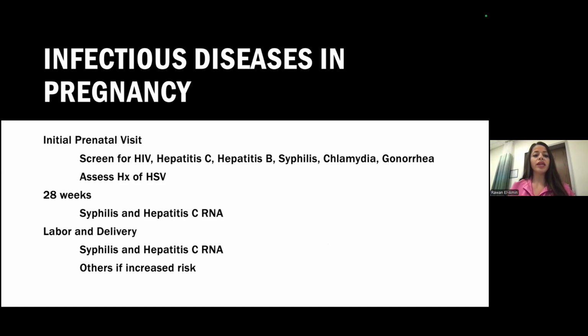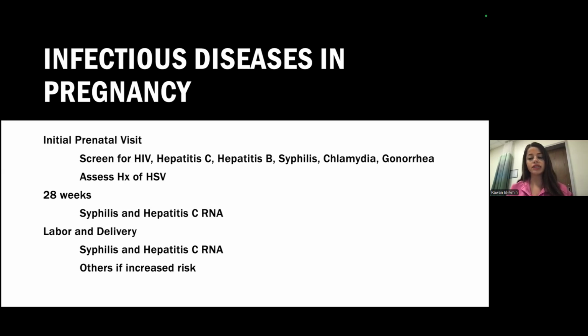And then again, at 28 weeks, we recheck for syphilis. And if they tested positive for hepatitis C antibody, then we recheck for a viral load. Again, on labor and delivery, we are checking syphilis again and hepatitis C. And if they're high risk for any of the other infectious diseases in pregnancy, for example, if they tested positive for chlamydia and were treated, we repeat that testing at 4 weeks. If they continue to have risk factors for acquiring hepatitis C or B or HIV, then we are screening them